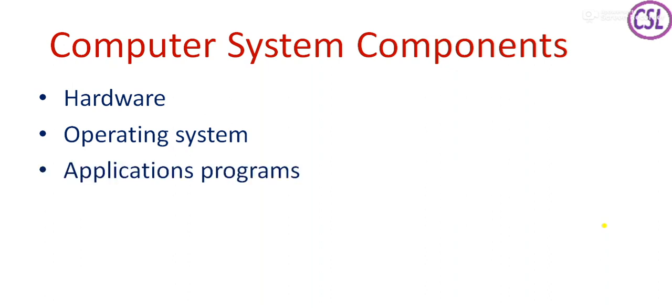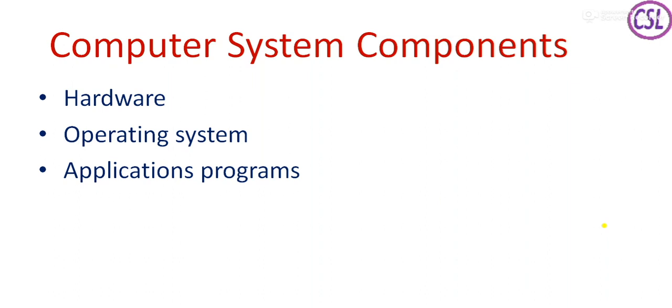Application programs. That means the operating system cannot fulfill all the requirements of the user. So we need some additional softwares. We call them application programs. For example, if you want to prepare any PowerPoint presentation, we need PowerPoint software. To prepare a document, we need Word software. Suppose I want to see a movie, we need a media player kind of software. Like that, we have so many needs. To fulfill all the needs, we have different application programs available.